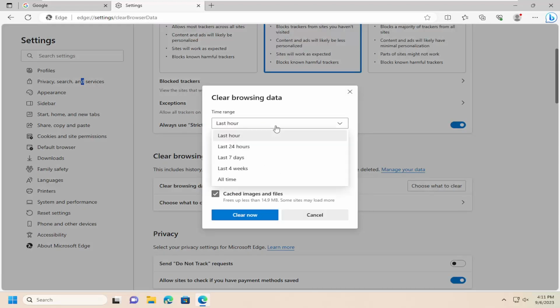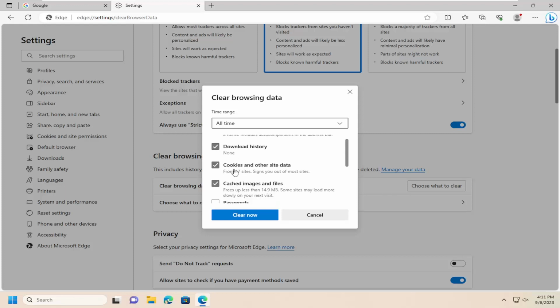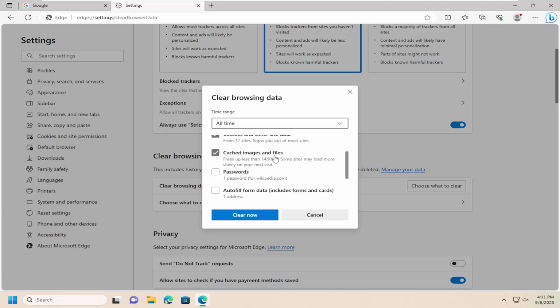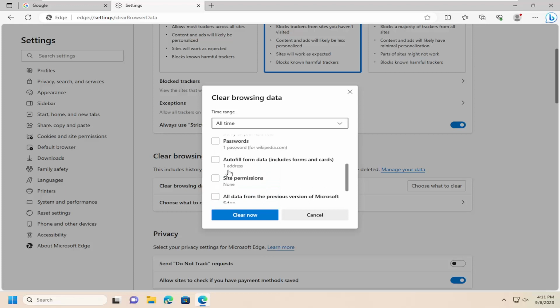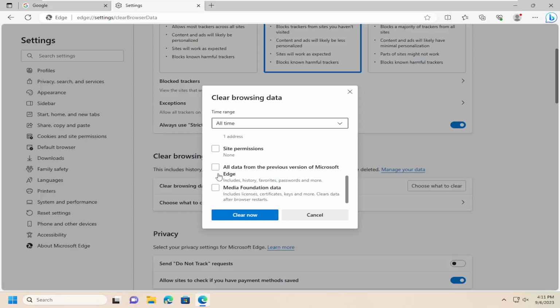And you can select the time range if you want to go back all time. You're welcome to do that. And you can also select certain categories of browsing data you want to remove, such as just browsing data, download history, cookies and site data, cached images and files, passwords, autofill form data, site permissions, and then all data from